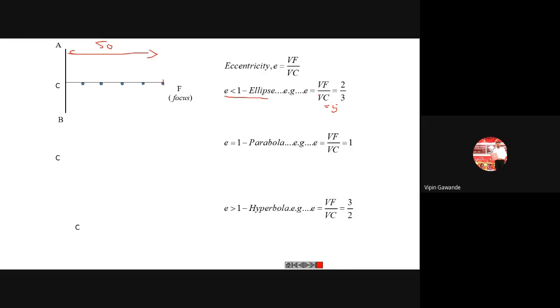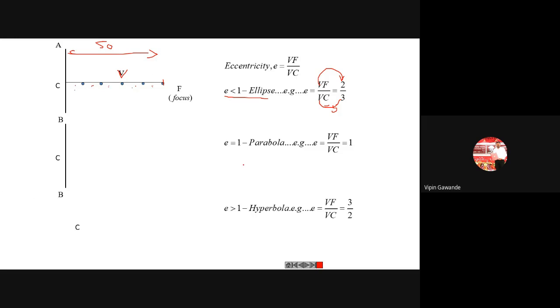So you have to refer to the eccentricity ratio. We know that eccentricity ratio is VF upon VC. You remember this one. VF is getting 2 divisions. Here we have F, so count 1, 2. So VF got 2 divisions. What is the division for VC? It is 3: 1, 2 and 3. So we have marked the vertex for the ellipse, because eccentricity is less than 1, so we will construct here the ellipse. Now you just remember how we are marking the vertex. For VF there are 2 divisions, 1 and 2. For VC there are 3 divisions, 1, 2 and 3.